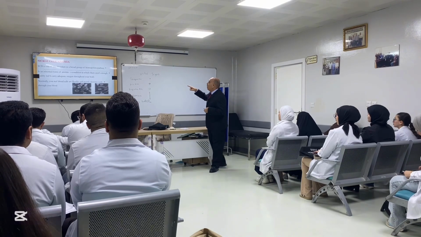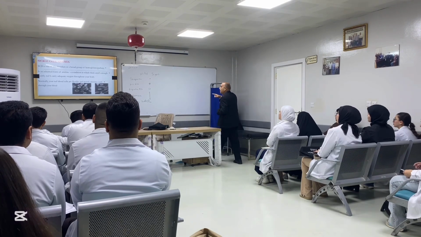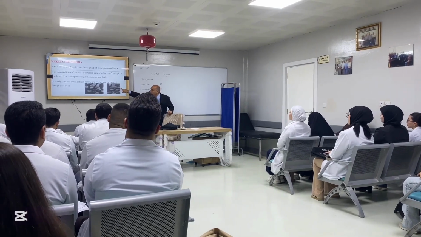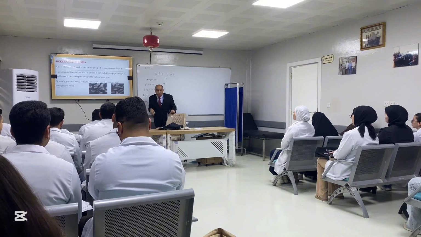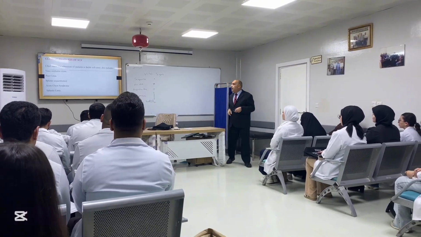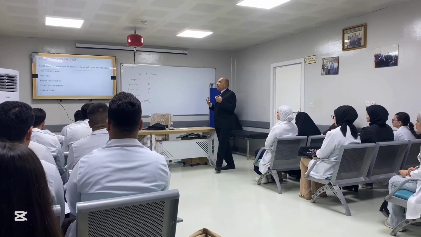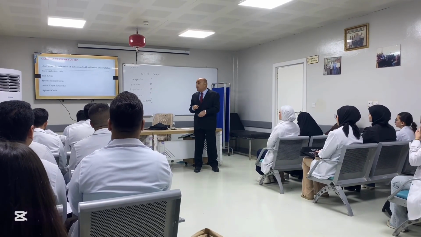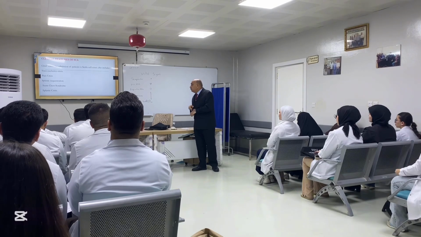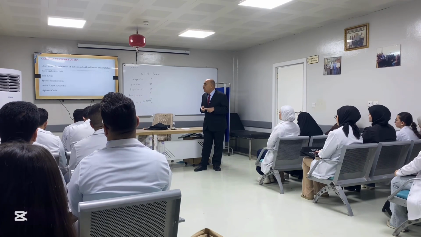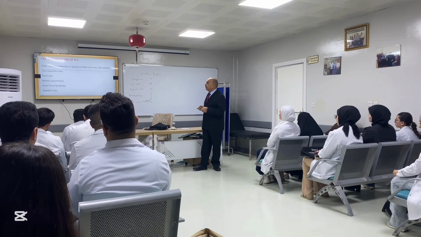As you will see, when we look at the red blood cells, they become sickled, and this can be compared with the normal red blood cells. This is sickle cell anemia. Now, what are the clinical features of a patient with sickle cell anemia? There is painful crisis, splenic sequestration, acute chest syndrome, and aplastic crisis.